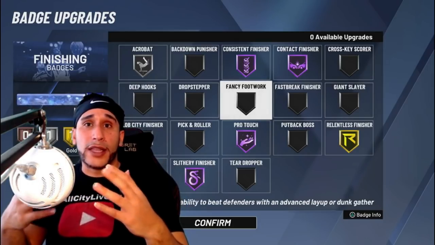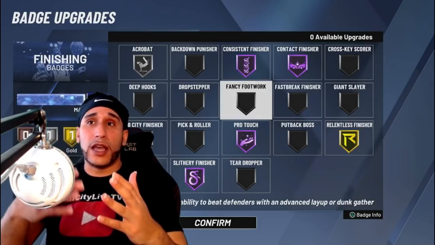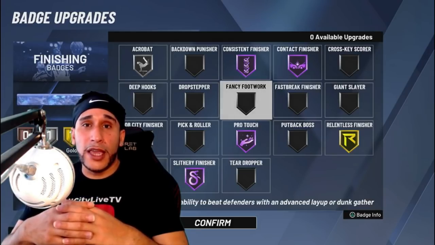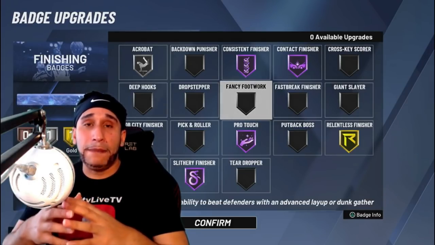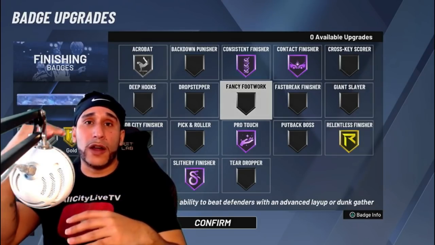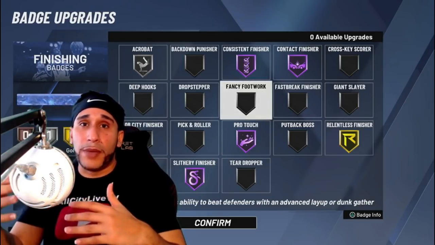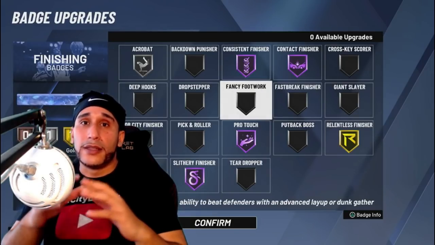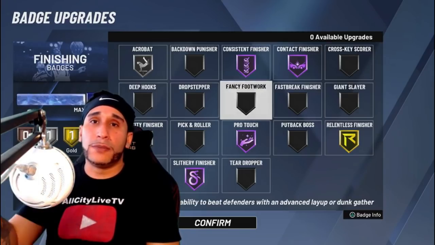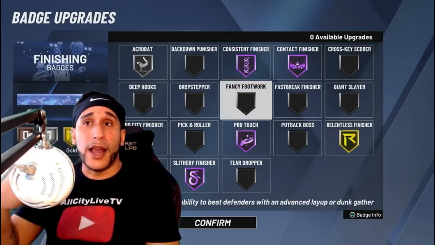If the odds are that I'm going to finish in the paint off of a hop step, and let's say I try to take 10 hop steps into the paint and I finish 8 of them. If I finish 8 out of 10, I'm happy with that. Trust and believe, I'm good with 8 out of 10. Maybe my standards aren't as high as some other people, but if I'm hop stepping on defenders without the badge and I finish 8 out of 10 hop steps, then that's a good enough percentage for me, so I can just remove badge points from fancy footwork and reallocate them to something that's more important to me,